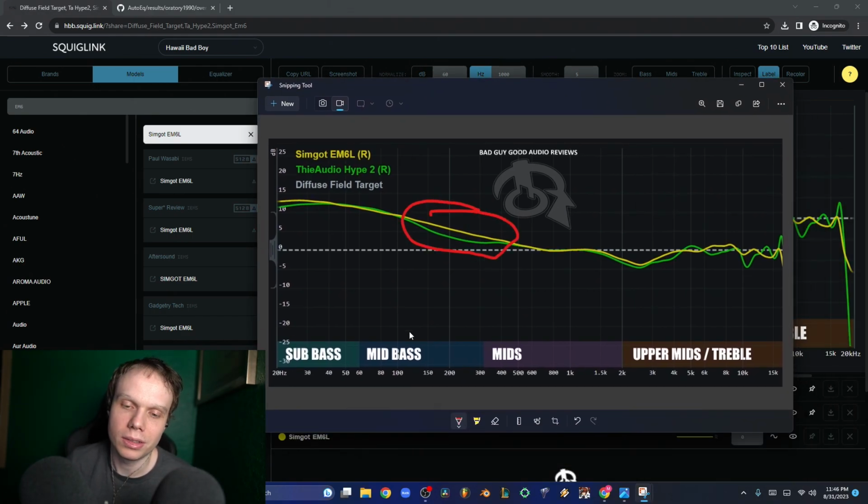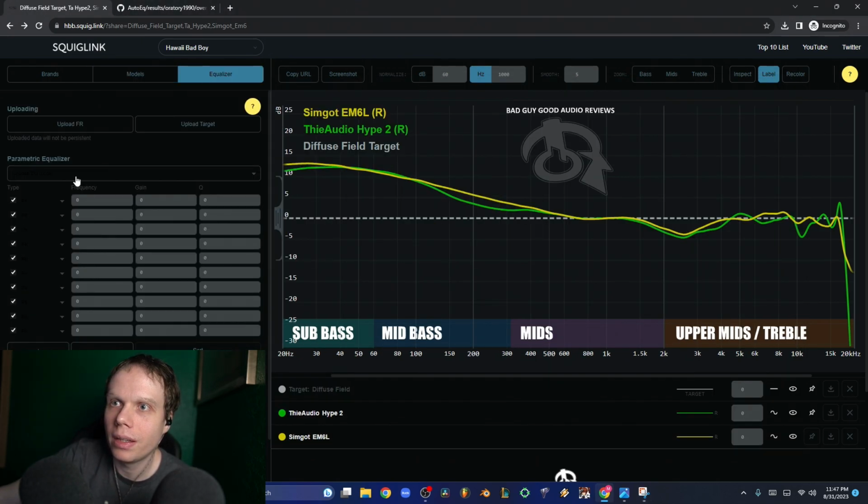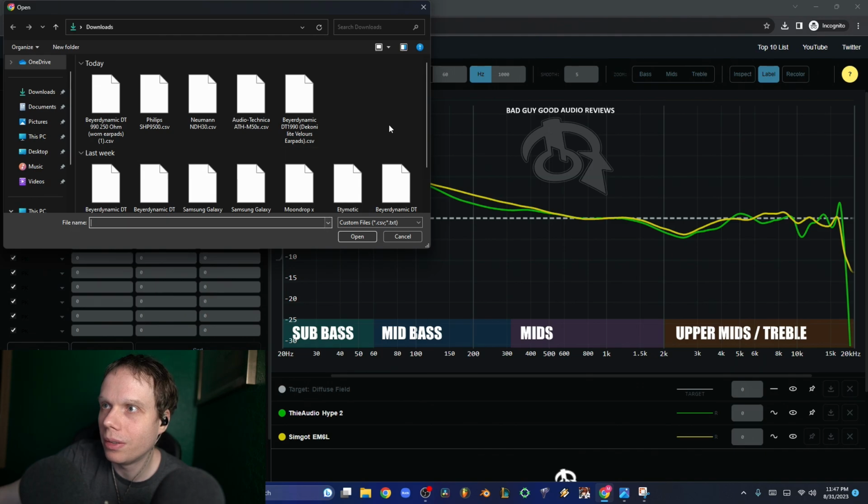I think it's actually not necessary. It's kind of a gimmick that a lot of people have been hyping up, which is probably the reason why it's called the Hype 2. So this is how you can look at and compare a lot of different earbuds, a lot of different headphones, and really see what's out there. And a lot of times, like we can look at